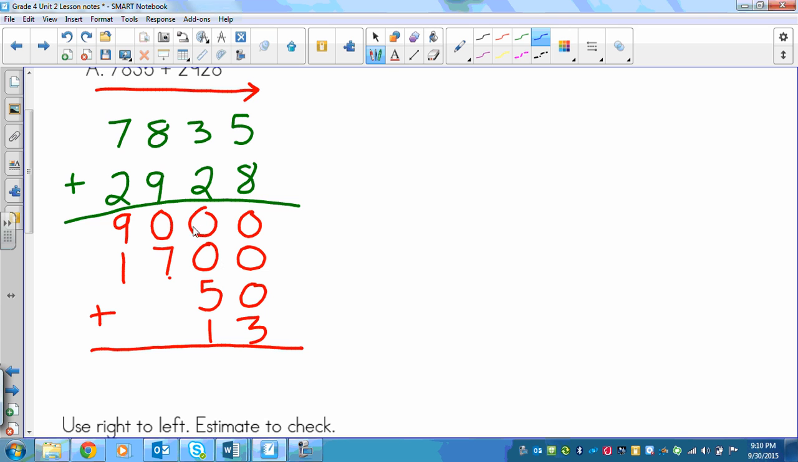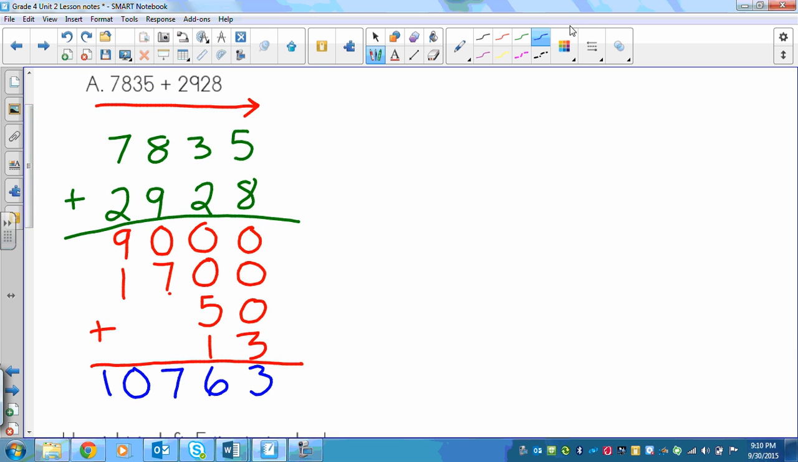Okay, and then we add these up. So we've got 3 plus a bunch of zeros, 5 plus 1, 7 here, and on the end here we get 10,000. So you get the number 10,763. Now to estimate to see if we actually did that correctly,